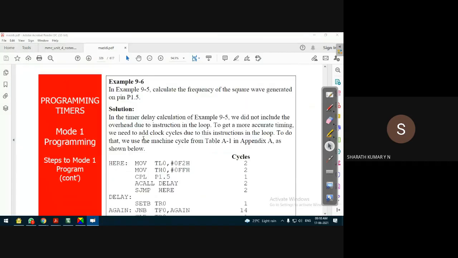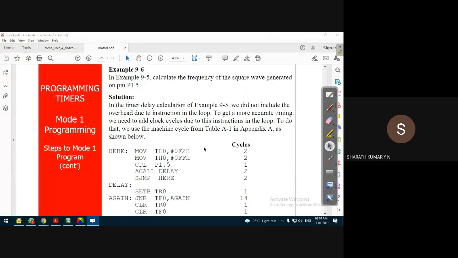Now let us look into the program and understand what is the delay generated by its execution. In this example, calculate the frequency of the square wave generated on pin P1.5. So the idea behind this program is, what we are doing here is,